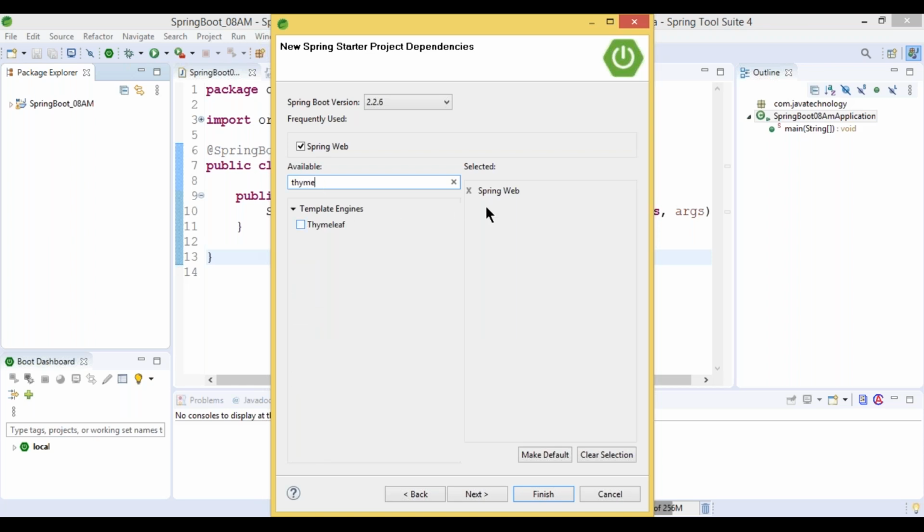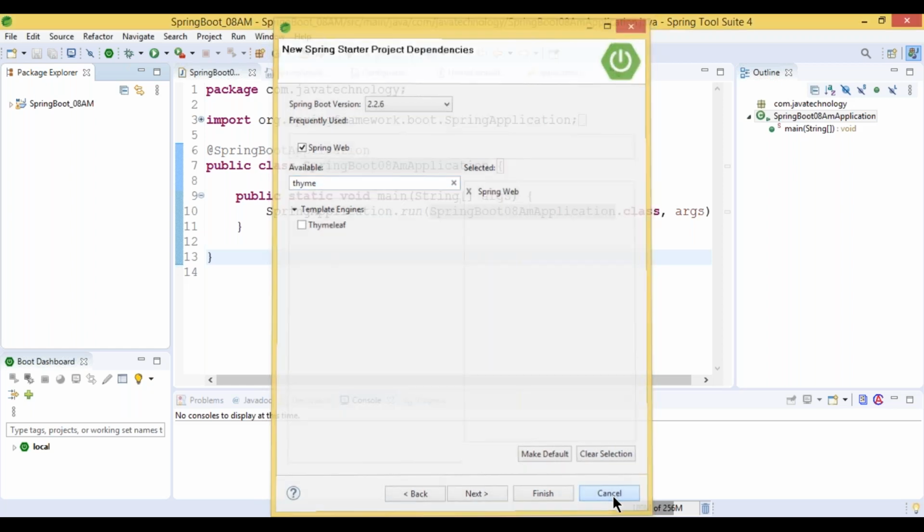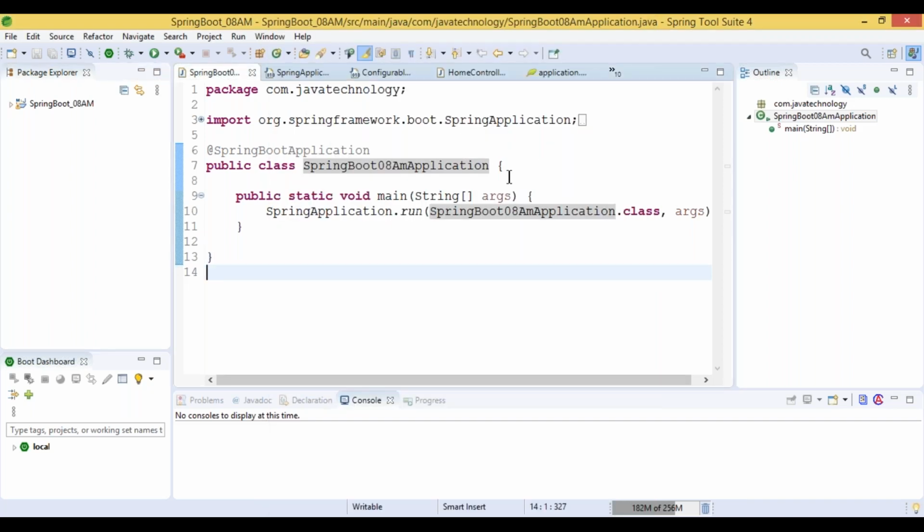These are nothing but the starters we are going to call. Starters internally have the jar information, so those jars are downloaded from the central repository into our local repository. After that just click on Finish, and once we click on Finish, this structure is created internally.